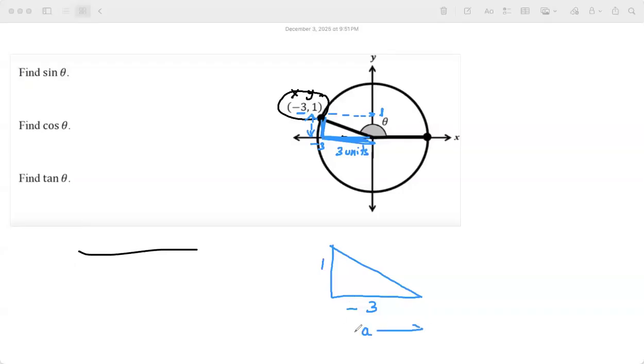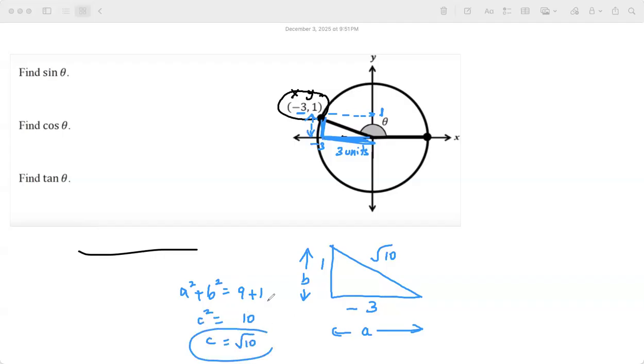So now, let this be one leg and this be another leg. Do we have to put minus 3 or just 3? I'll tell you where it becomes important. For the Pythagorean identity, it's going to be squared, so there's nothing big about it. This is square root of 10, so c squared is 10. There's not going to be any change if you put minus 3 or plus 3. That's why I wrote it as 3 units.